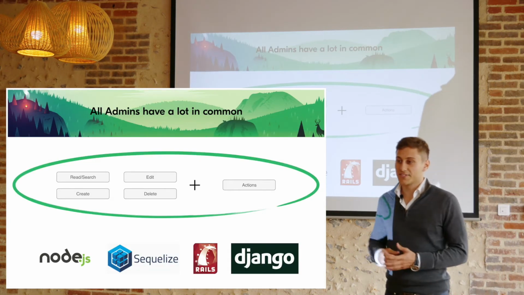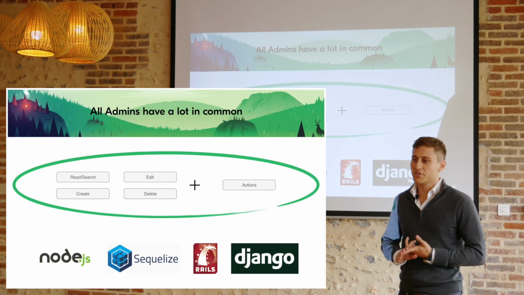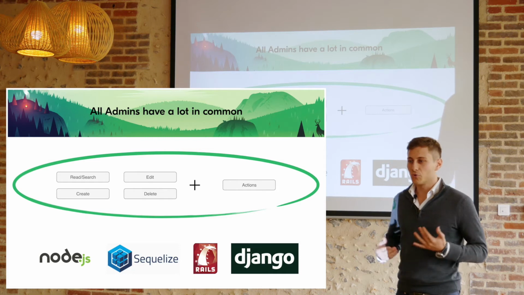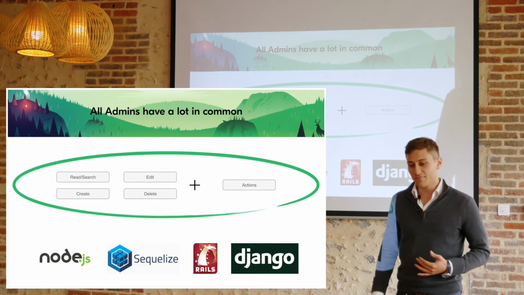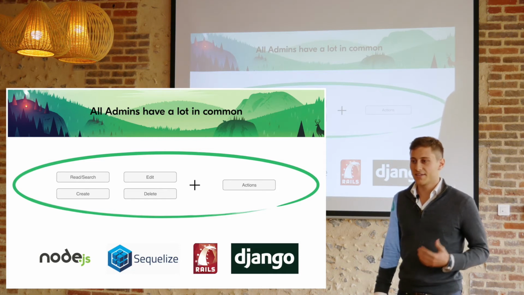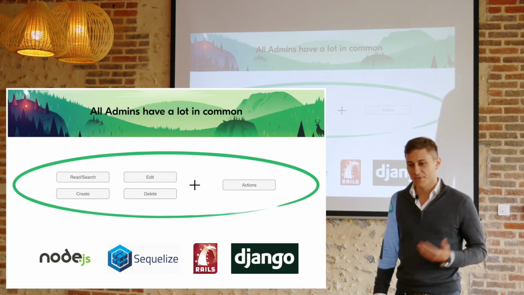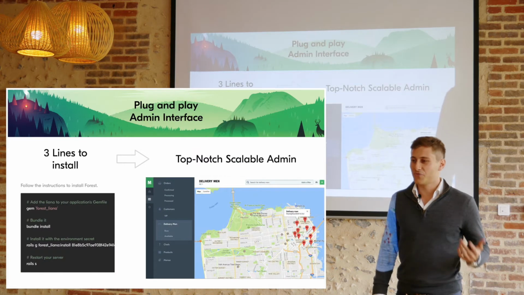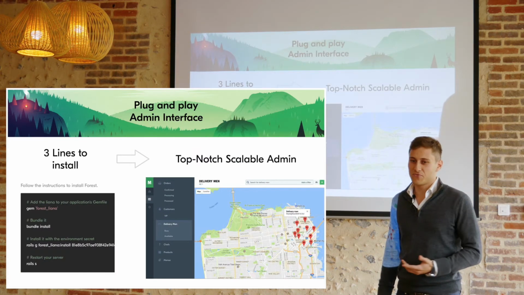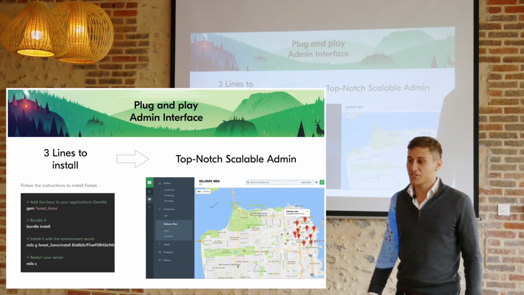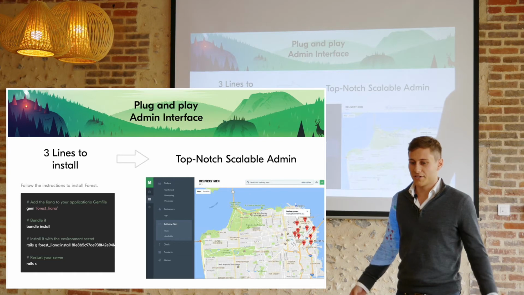So we noticed two things. First is that all admins follow the same pattern. They all implement CRUD operations, trigger some custom actions, and hand in some more useful information to business teams. The second thing that we noticed is that development frameworks have standardized the way that apps are built nowadays. So we built Forest. Forest is a universal admin framework that can be instantly deployed to any backend and can be fully customized with a fraction of the code that is usually required.